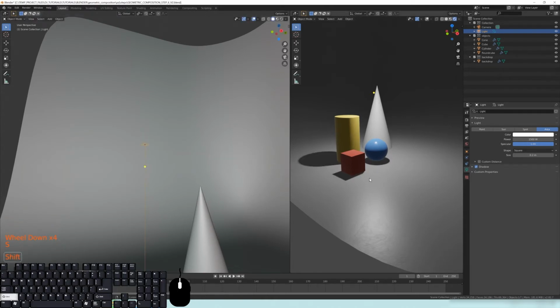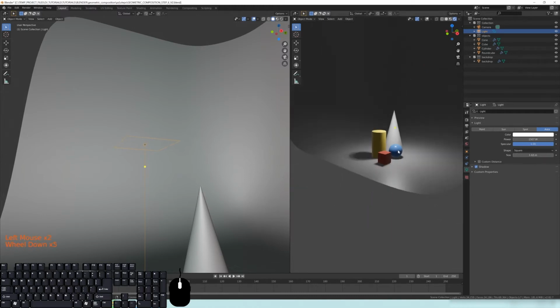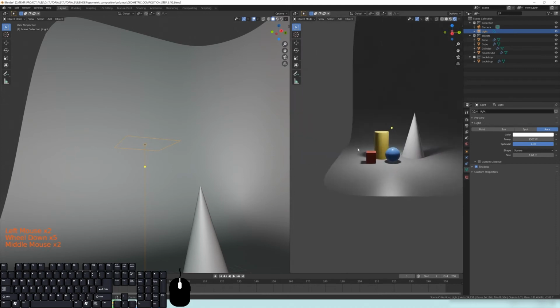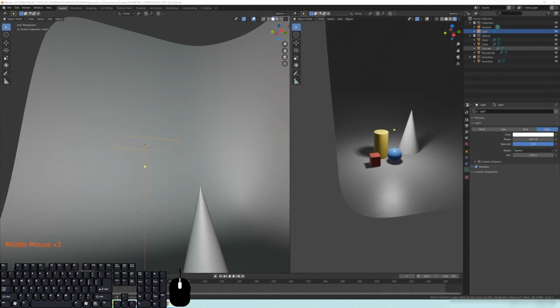And funny enough, if you take a look over here in the right panel and you look at our shadows, if I scale up the size, you can see that it's making the shadows softer or harsher depending on the size of that plane. And you can control that here. You can change the size here, and you can change the power again here. All great. So what we're going to do for our basic lighting setup here is we're going to do a 3-point lighting setup. And what I mean by that is if I do a really quick search and I look up 3-point lighting and spell it correctly,